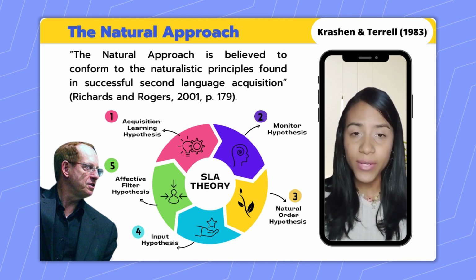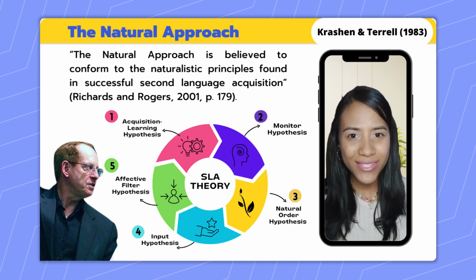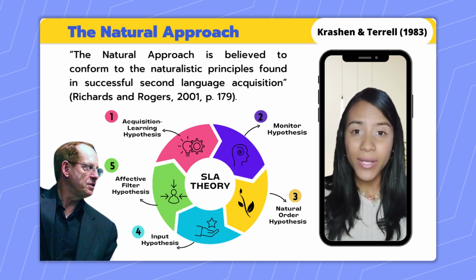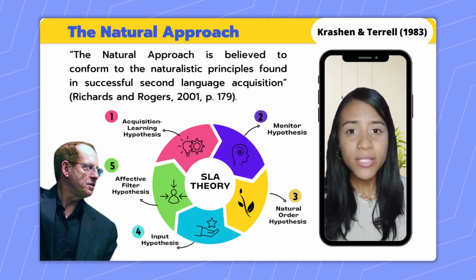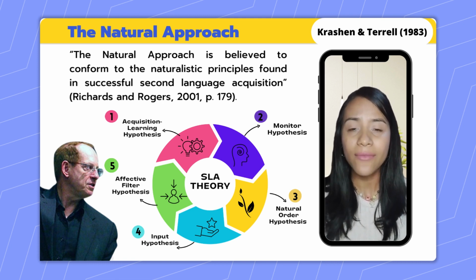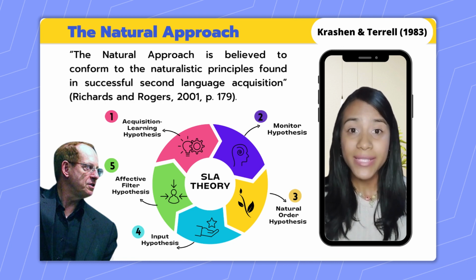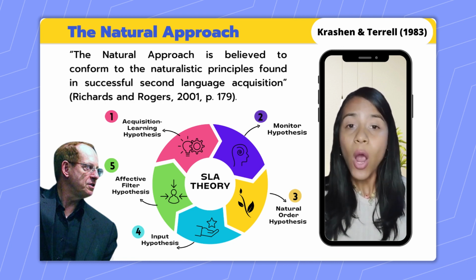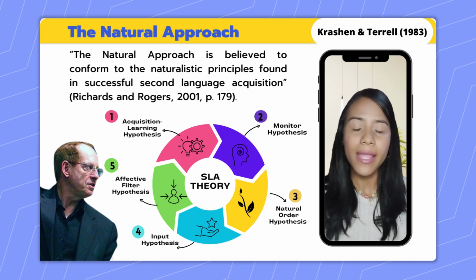The natural order hypothesis. It suggests that children acquire their first language in a predictable order of grammatical structures. The input hypothesis. The learner's input must not only be comprehensible but also slightly above their current level of competency. And the last one, the affective filter hypothesis. Krashen perceived the learner's emotional state or attitudes serve as a freely movable filter that allows, hinders, or blocks input